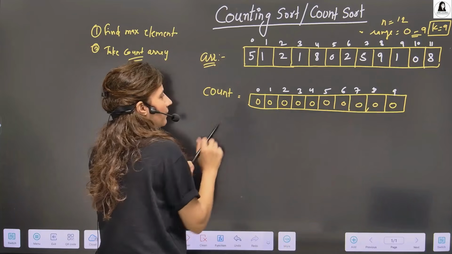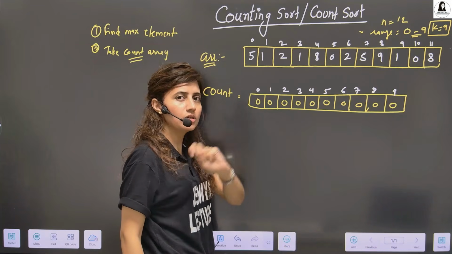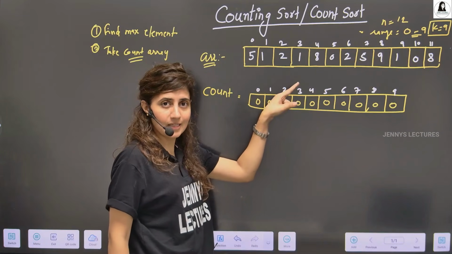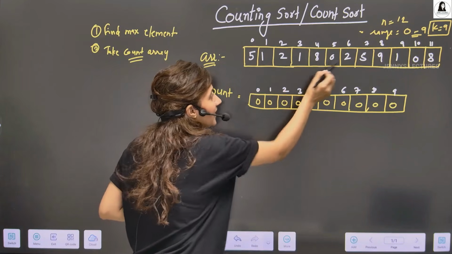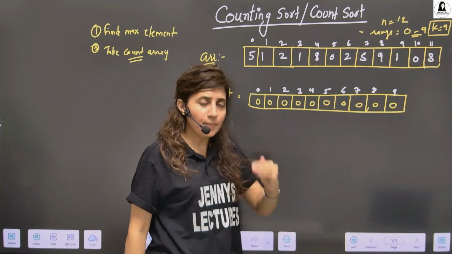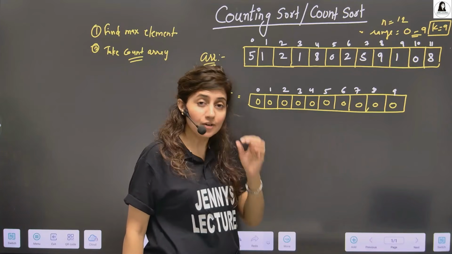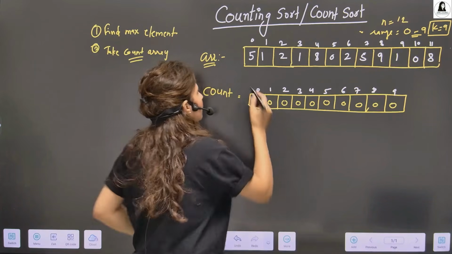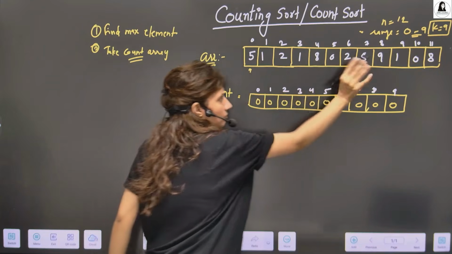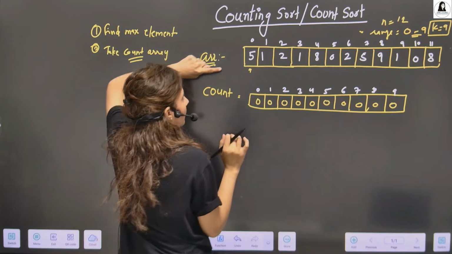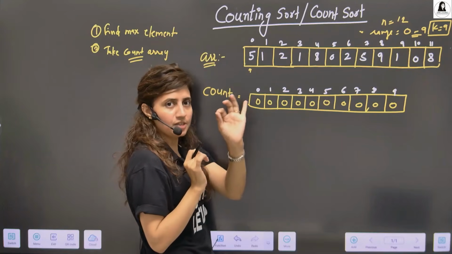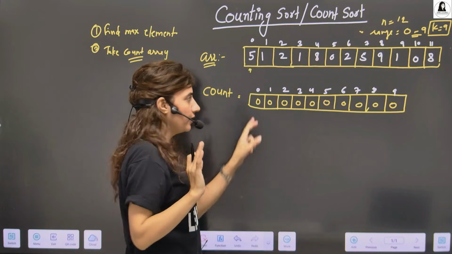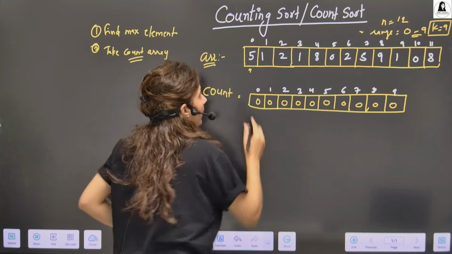See. Now third step, now we have taken a separate array. Now we count. What do we count in this sort? On what basis do we sort in this algorithm? We count the frequency of the unique elements in the given array. How many times that element is present in the given array, that frequency. That's why it is known as counting sort or count sort. How do we count? We start traversing this array and we start counting. At the first index, the element is 5, so we update the count array. We count the frequency and accordingly update the count array. Right now in the count array, everything is 0, 0, 0. At first we got 5.